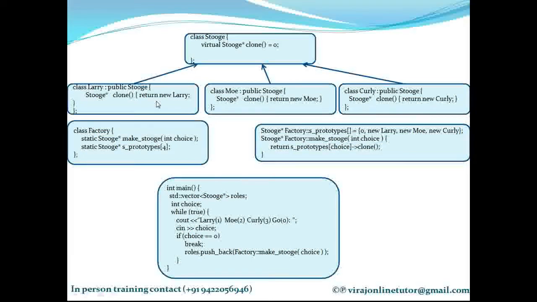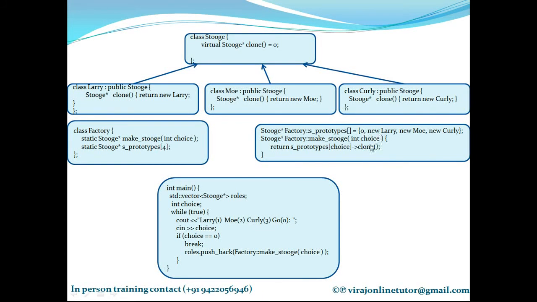What is it returning? It is returning a new Larry object. That means because clone returns a copy of itself, I am going to get a Larry here. Suppose I had passed 2 from outside. What will it do? It will go to index 2 of this array. So 0, 1, 2. It is going to go to the Mo object and invoke clone of that object. Let's go, where is that Mo? Oh, here it is. So clone of that Mo will return a Mo object.